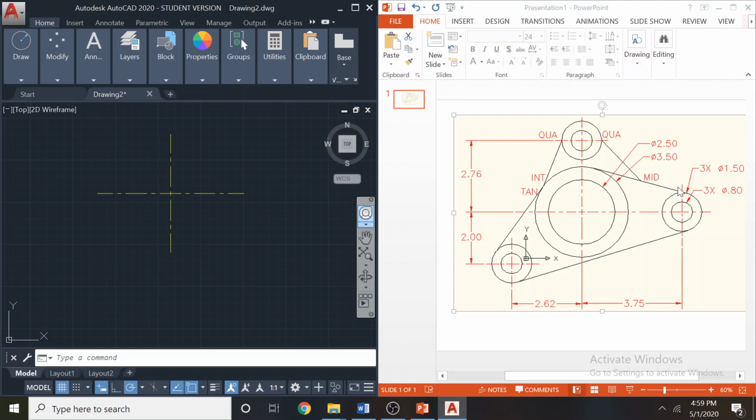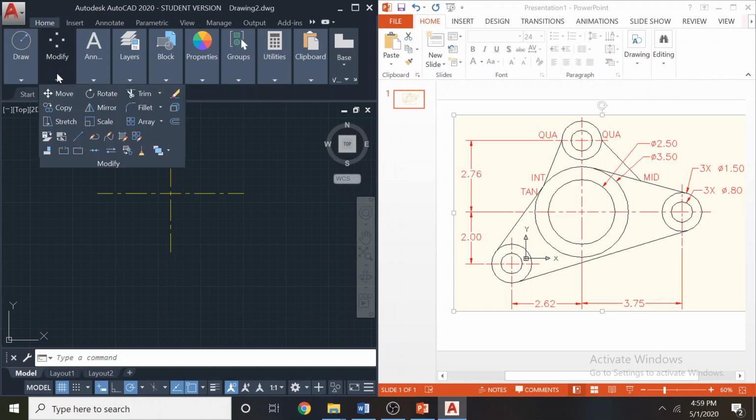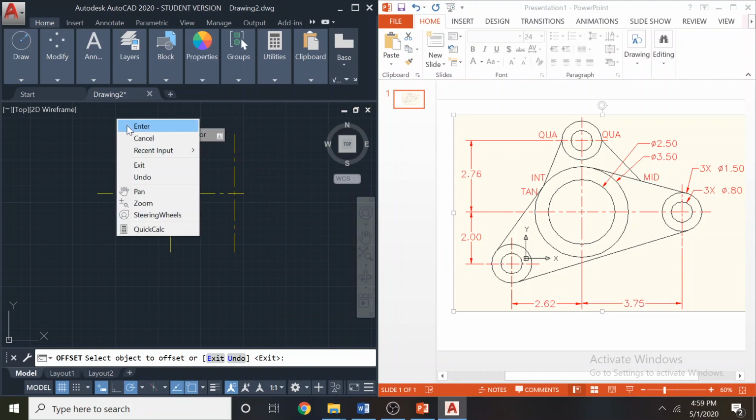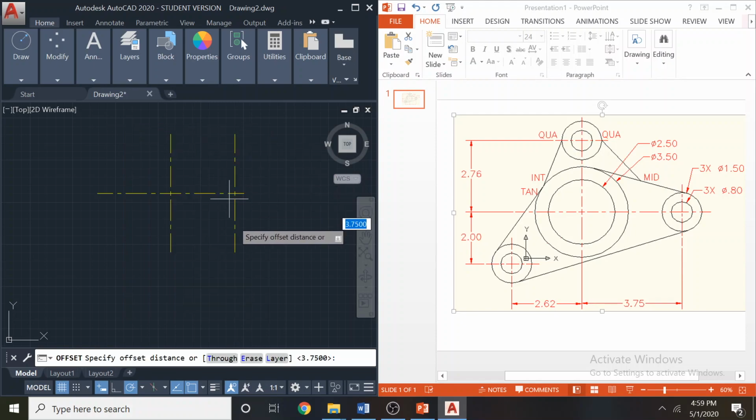So to get the parallel center line here, 3.75, I can use the copy tool or else the offset tool. Offset tool will be the easiest one, so I will use the offset tool. The length is 3.75. Select this line, offset. This is 2.62. I run the offset command again, 2.62 this side. So I got the required vertical lines.